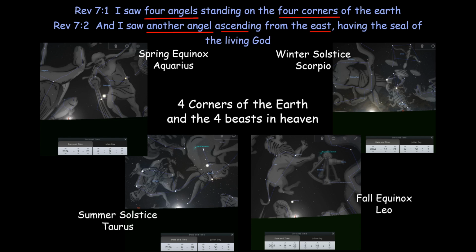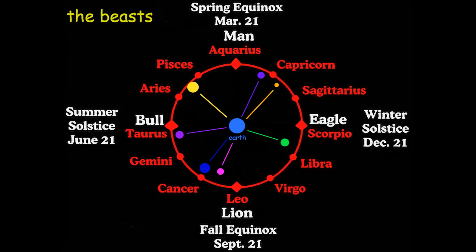And in order for John to have seen the sun rising in the east, it must have been near one of the equinoxes, when the sun does rise due east. It would have to be close to March 20th or September 21st, or thereabouts. To see this puzzle in another way, I'll show this from my previous video about all this.